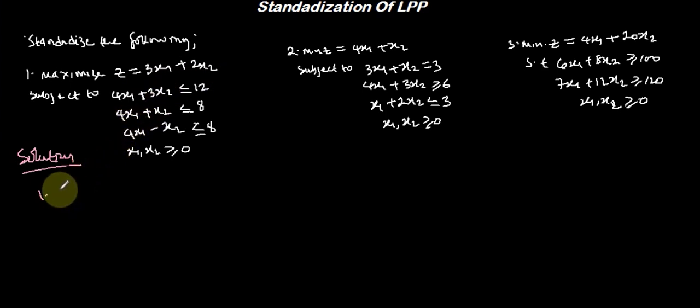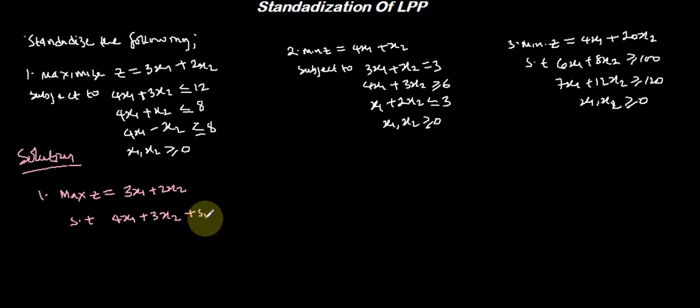Max z equal to 3x1 plus 2x2, and this is subject to the first one here: 4x1 plus 3x2. Now I told you that if it's less than or equal to, you introduce your slack variable, which is plus s1. Let s1 represent your slack variable, and we turn this to an equality sign, it will be equal to